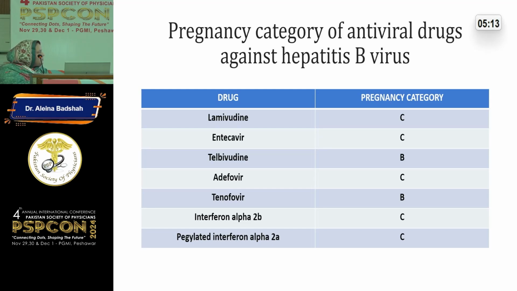And because of the excessive and prolonged experience that consultants have gained with lamivudine, because this was the drug that we would be using in patients when we were final year MBBS students or house officers. Now the newer lot might not even be aware that these were the drugs that we've been using and prescribing. But anyhow, although this has been classified as category C, the results with lamivudine have been tremendous as far as the pregnant female who is hepatitis B positive is concerned. So this is one drug that can be used, and tenofovir is the other drug that can be used.